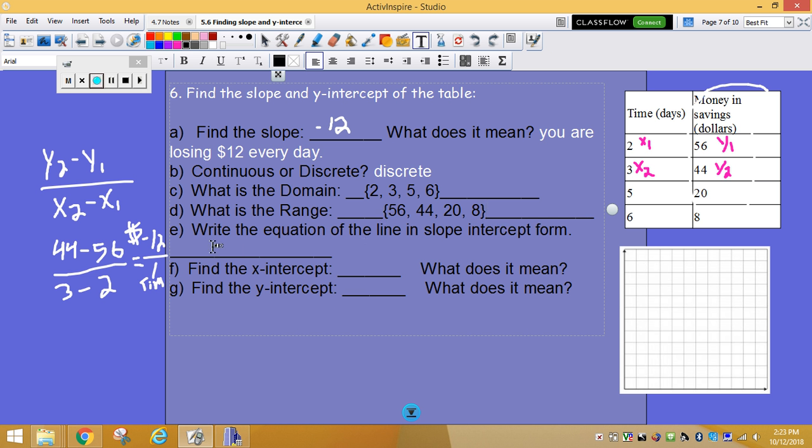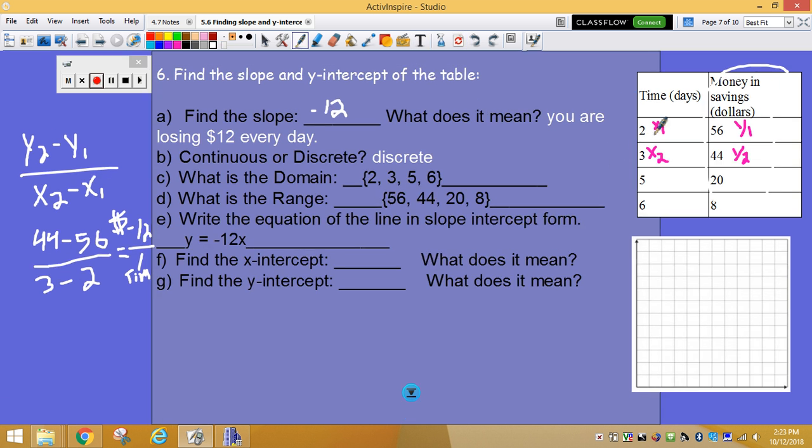Write the equation of the line in slope-intercept form. Well, I know my slope, y equals negative 12x. That's my slope. I do not know my y-intercept. So the way I would do it is I would continue this graph. I would say, what's it going to be at 1 day? And what's it going to be at